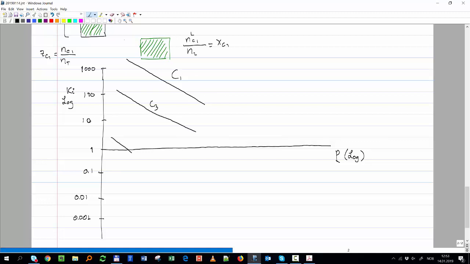If the component is heavier, the line just is shifted down, and it has maybe a different slope. But it goes linear and then it starts to have some curvature. And then at some point,